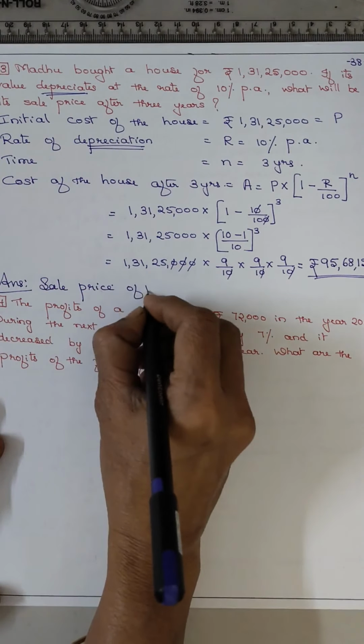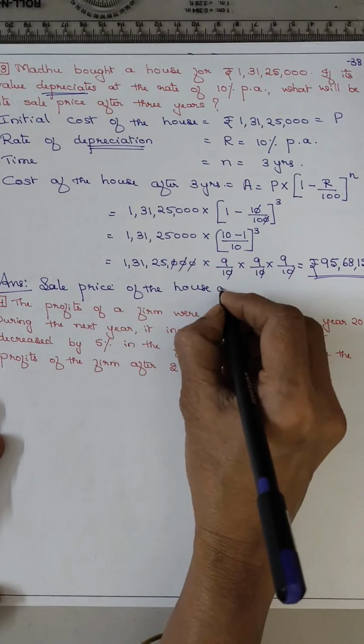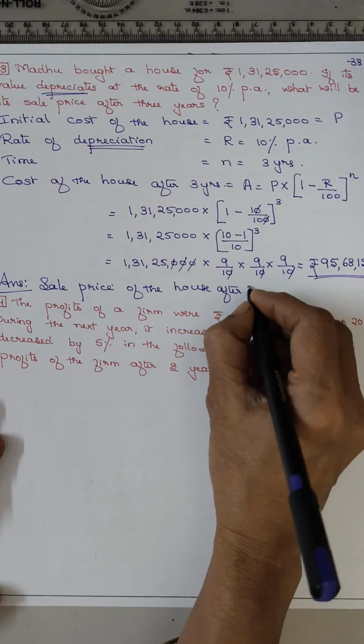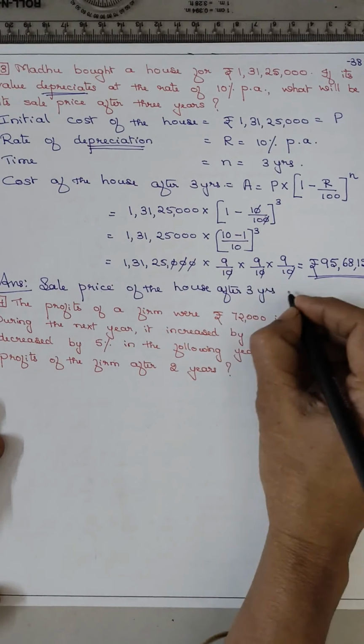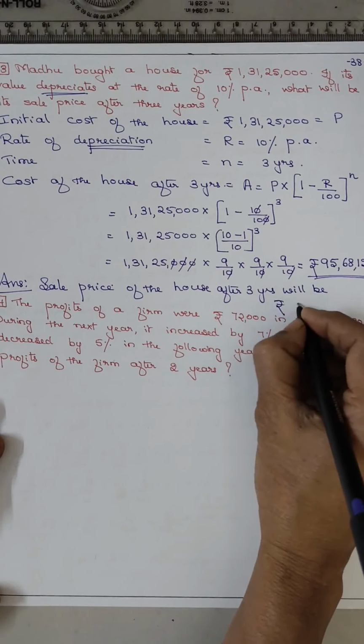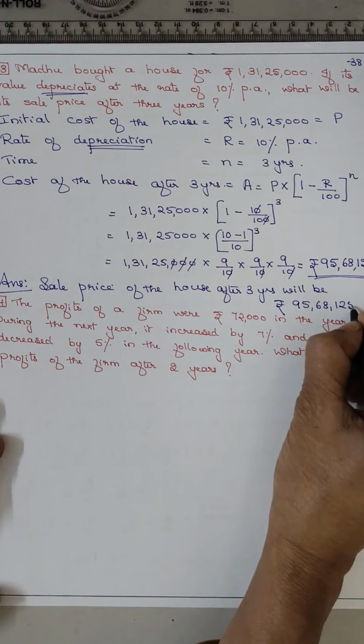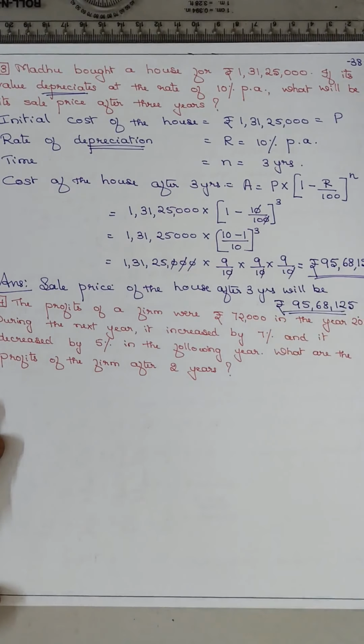of the house after 3 years will be rupees 95 lakh 68,125. हमेशा याद रखो, कोई भी नया घर लिए, गाड़ी लिए, वॉशिंग मशीन, टीवी, रेफ्रिजरेटर, जो भी हम बेचते हैं